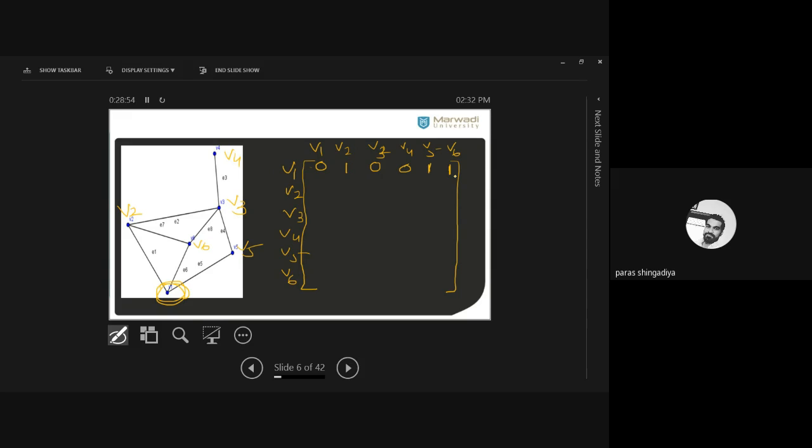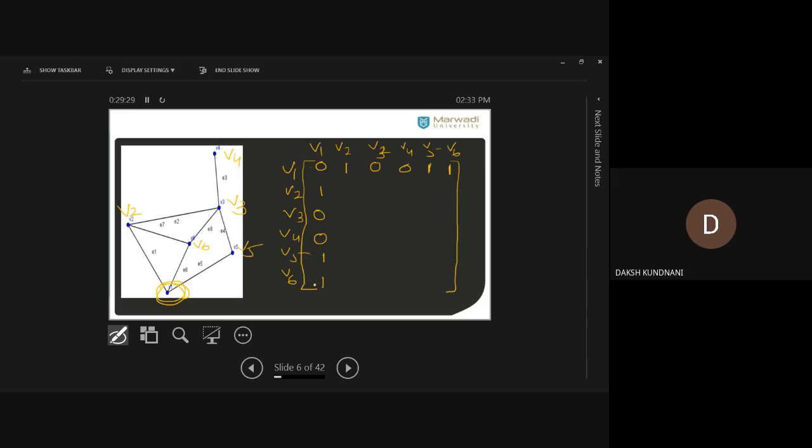We'll take this first row as the first column. Okay, we'll replace all these values as they are into the first column. 0, then 1, 0, 0, 1, 1. Clear? That will always be the same. Okay, you can easily verify it. V6 to V1 is connected, therefore it is 1. V5 to V1 is connected, therefore it is 1. Okay, V4 to V1 and V3 to V1 are not connected, so it will be 0. And V2 to V1 is also connected, therefore it is 1.